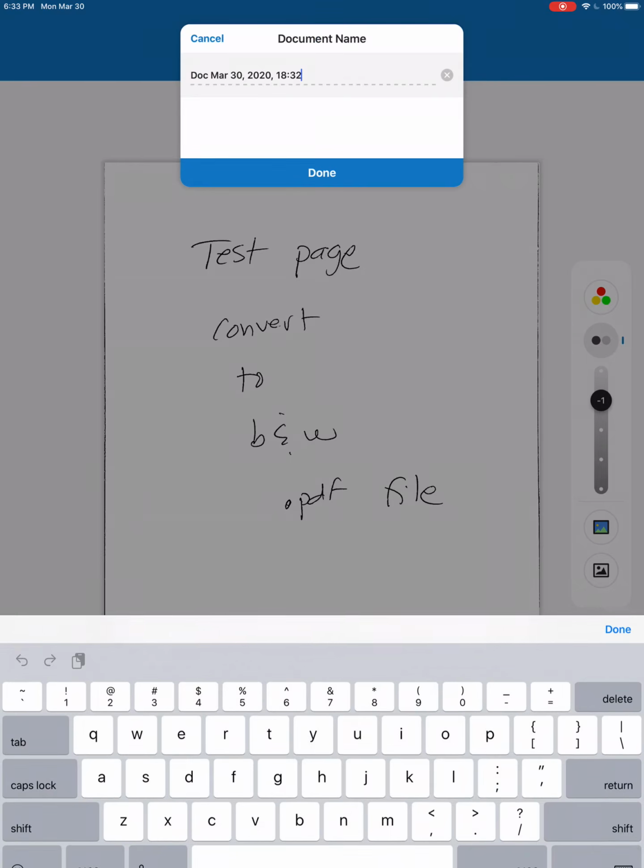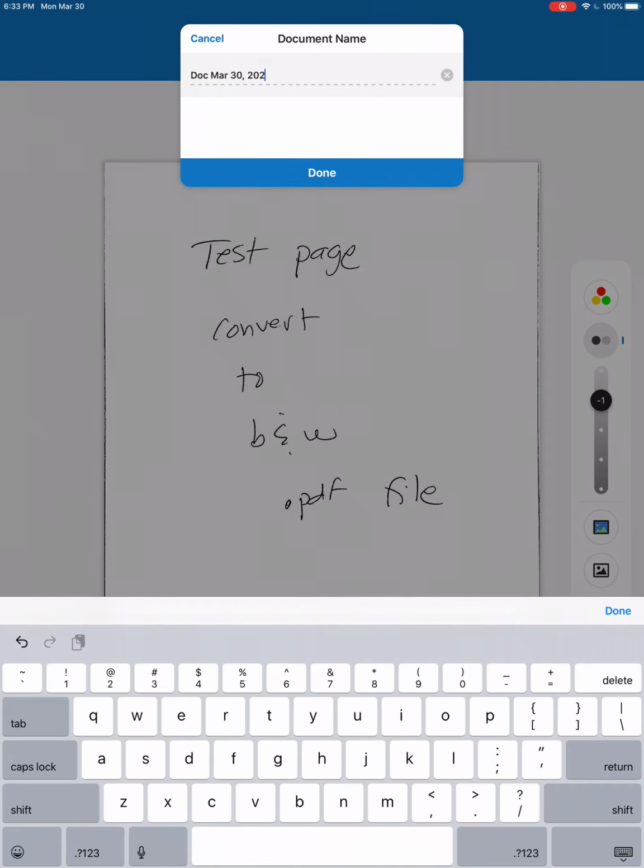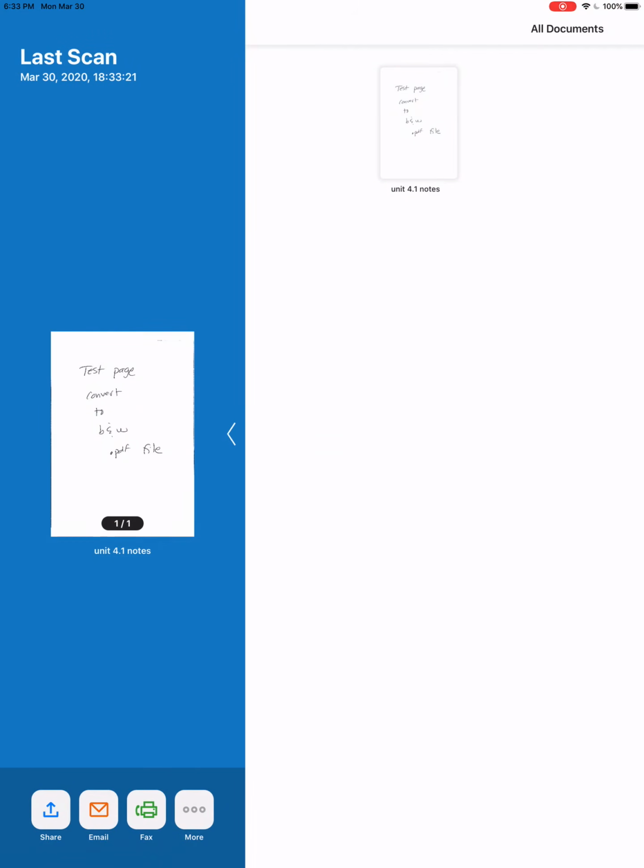So we can add a title to it. Call this Unit 4.1 Notes. Done, and save. And then from this point you can email it to yourself, or there's a lot of different